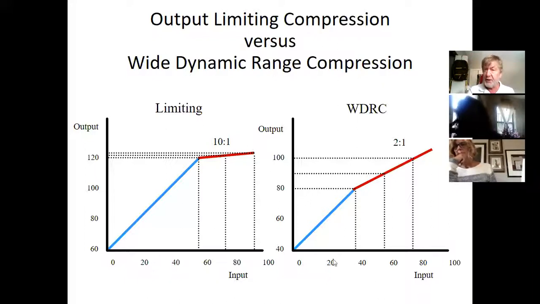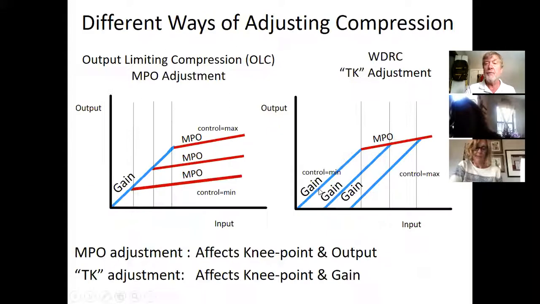So what are you going to do? You're going to provide maximum gain for the soft inputs below 50, and then you're gradually going to put on the brakes. And if you look at this graph on the right in terms of its numbers, look at it in terms of its